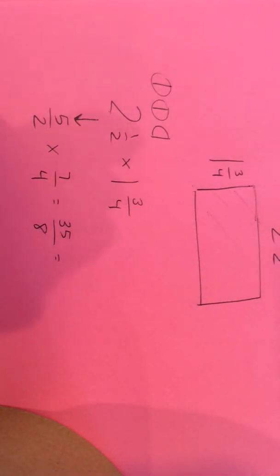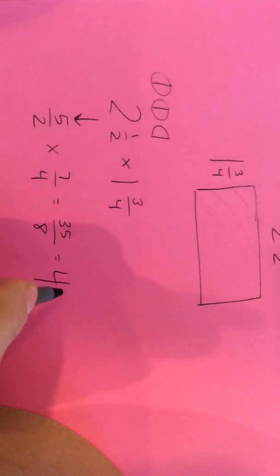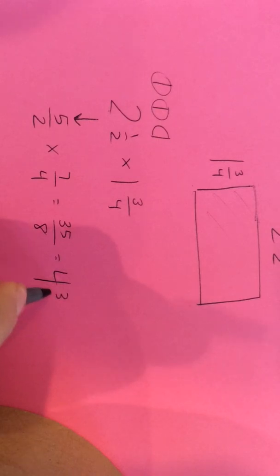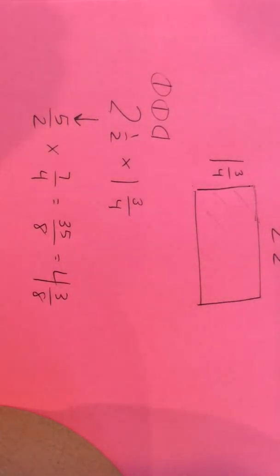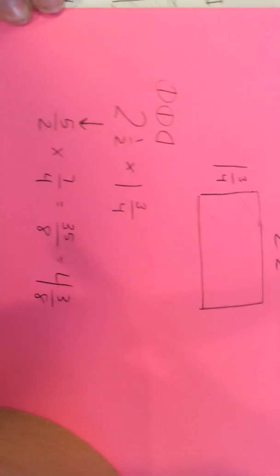How many times does 8 go into 35? 4 times. When you think about it, it's 35 divided by 8, and that's 32. So that would be 3/8 left over. So 8 goes into 35 4 times because that's 32, and it's 3/8 left over. So that is how you would multiply